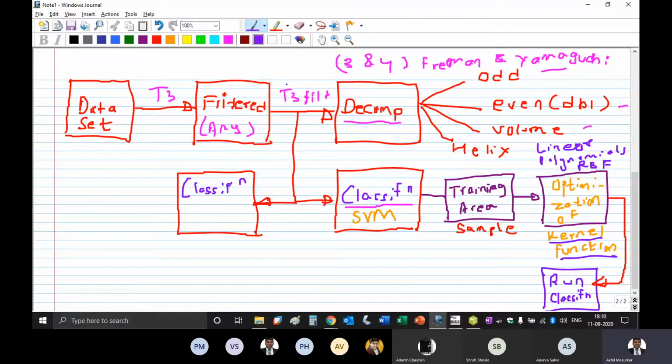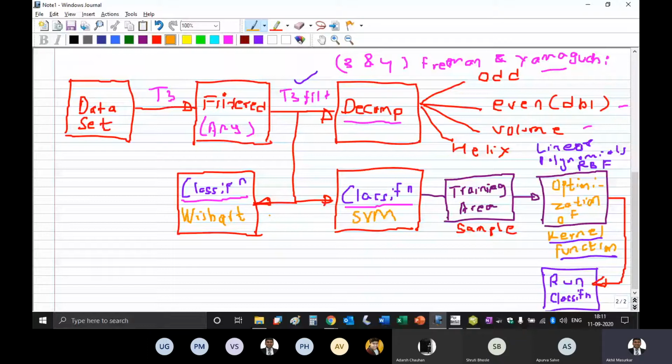So I'll use the same T filtered data. First I classified using SVM. Now I am going to classify using another classifier. Today we are going to use something called a Wishart classifier.